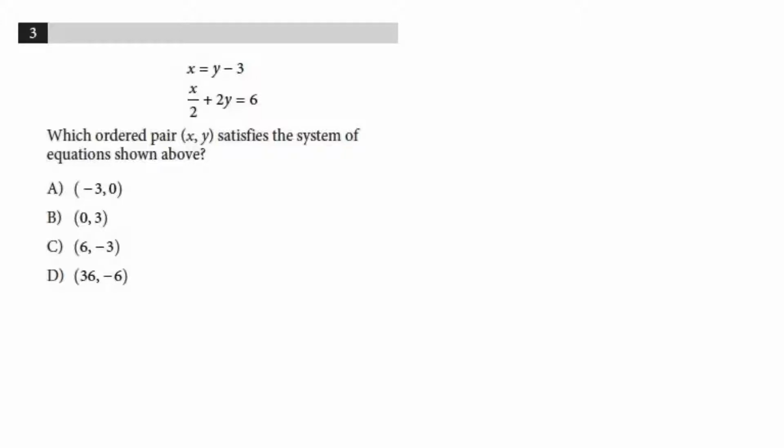So since we already have x isolated, we know what x equals. It equals y minus 3. Well, that means that I can replace the x in the second equation with y minus 3 and then solve for y. Okay. So I'm going to substitute that y minus 3 into the second equation, and I get